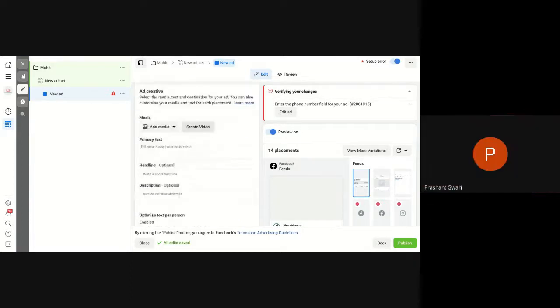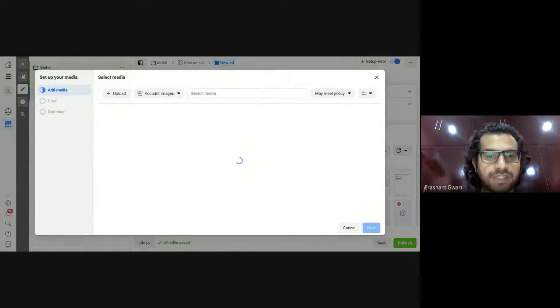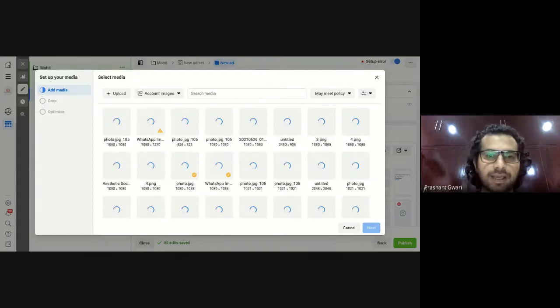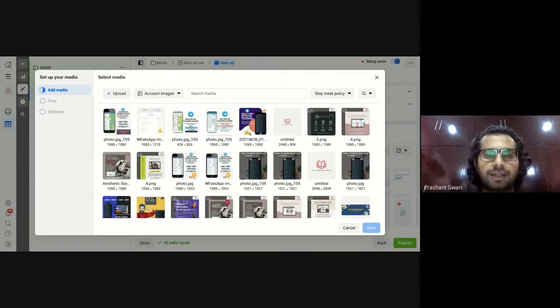Then here you have to choose. If you want to create a video, you can create a video from here. They are providing you a feature to create a video. Otherwise, you can directly upload from your laptop or mobile devices. So I will click here on the add media option like this and choose the ad image from here and upload the image from my library or from my laptop. So let me see if any image is available in my library. I don't think there is any image in my library related to that content. So I will upload it from my laptop. I created that image on Canva, and after getting that image, I am uploading it here like this.